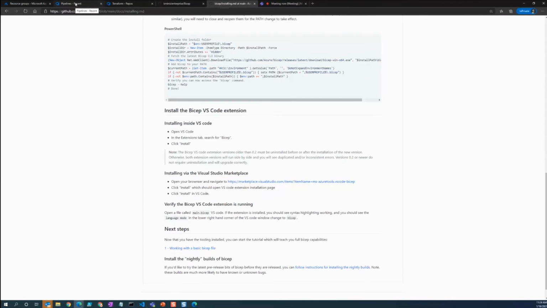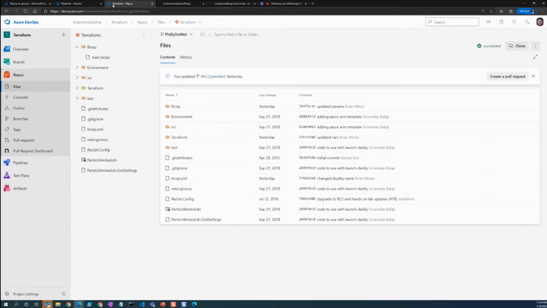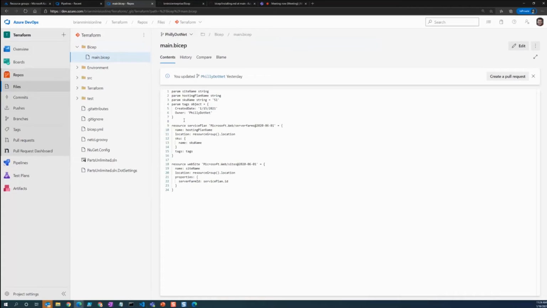All right, so let's go to our Azure Pipelines. I have a team project, and within this team project, I have the repo that we just were working with in VS Code. We have our bicep file here. I didn't commit it, so this is the one that's in there already. And all we have to do is write a pipeline that is going to deploy or build this bicep file, and that will create in the release.